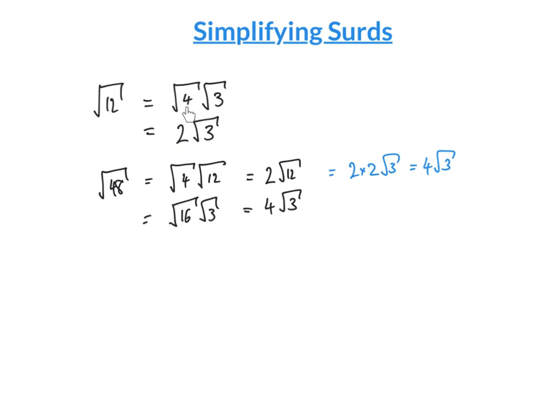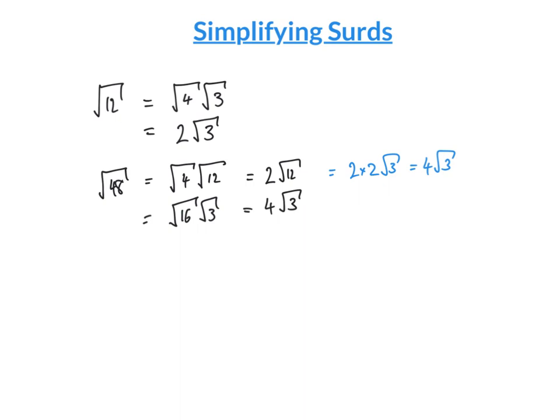And sometimes these numbers will jump out at you. 4 times 3 is 12, and I know the square root of 4, so that's easy enough. But sometimes maybe 4 times 12 is more obvious than 16 times 3. So we need to find a way that this would work all the time. And I think a way of doing that is by splitting numbers into their prime factors, or product of primes,